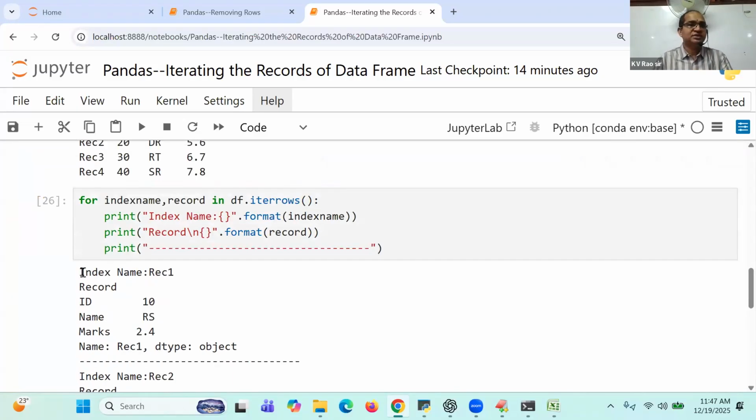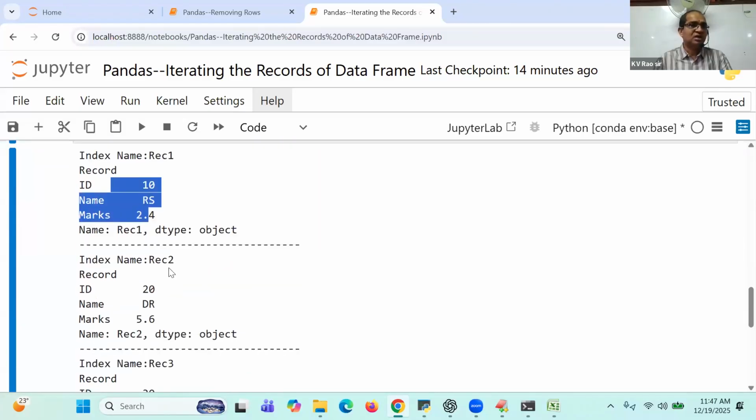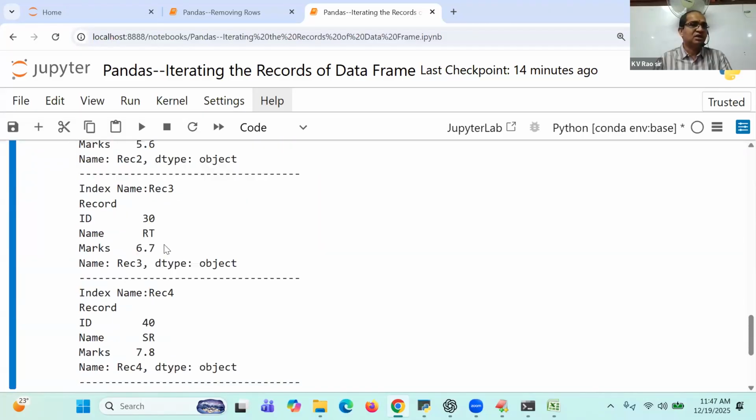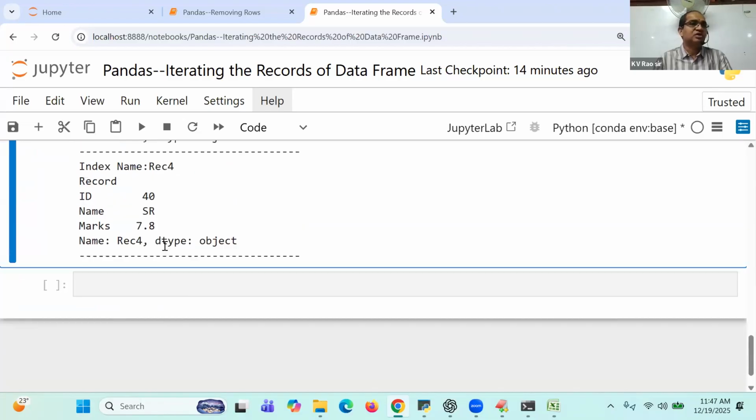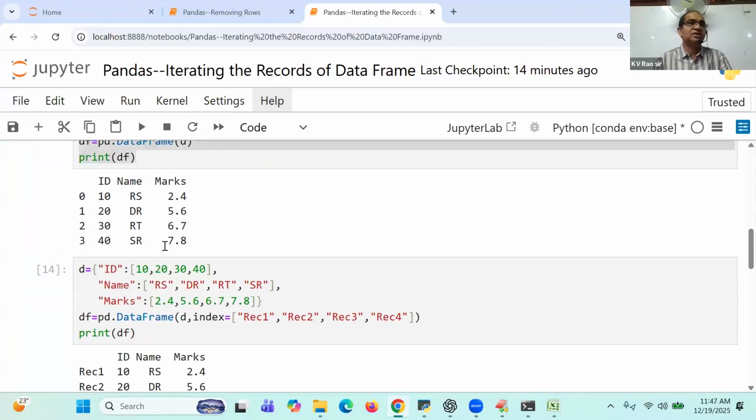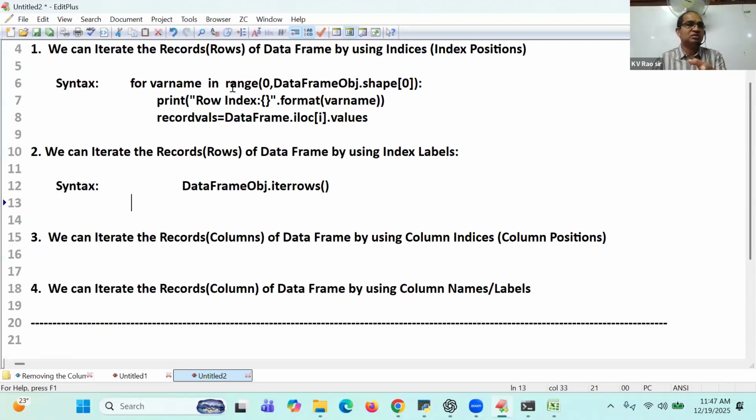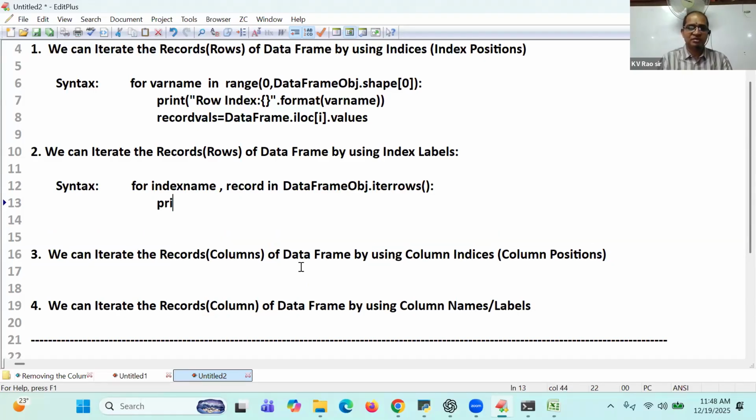So get it. This is an index, and then record is coming. Again index, again record is coming. Like that, all indices are coming or not? So earlier one is giving what? Indices. So one is by using row index, and then, what is the syntax here? For index name, record in data frame object dot iterrows, and I'm going to print here